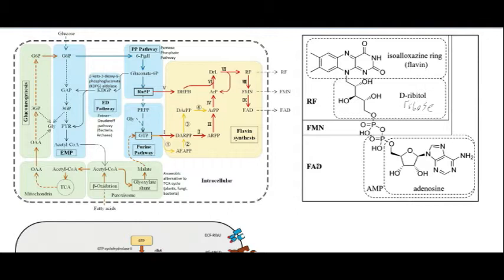It's the reason we need vitamin B2, and it's used in redox reactions, and that's adding this adenosine onto it. That's why it's flavin adenine dinucleotide, and so we will go through here the steps in generating riboflavin,